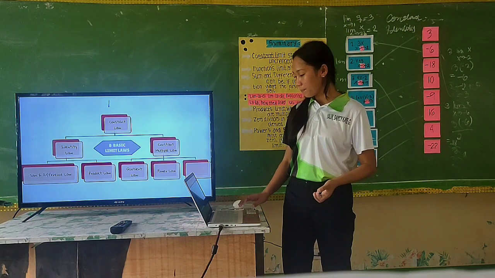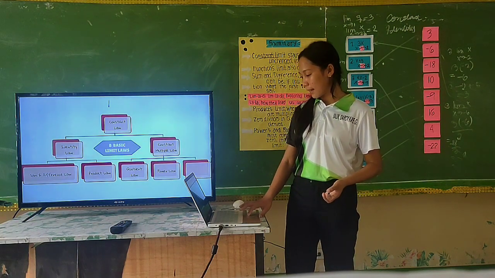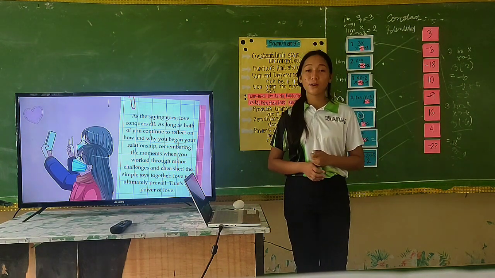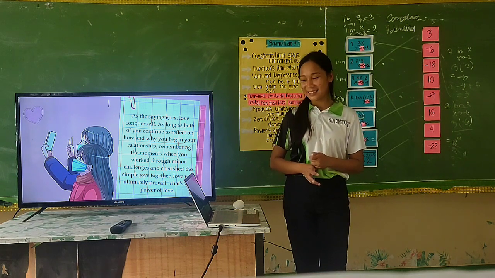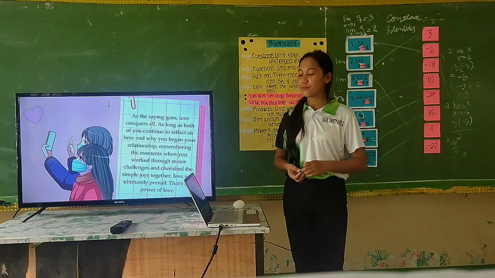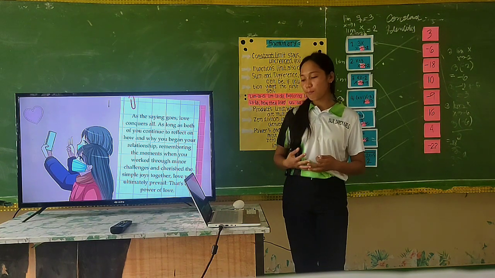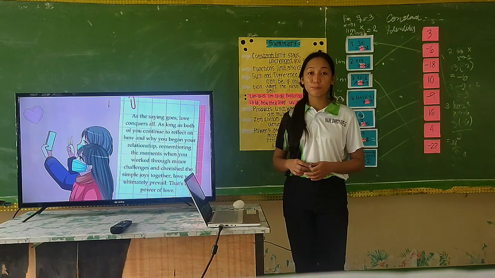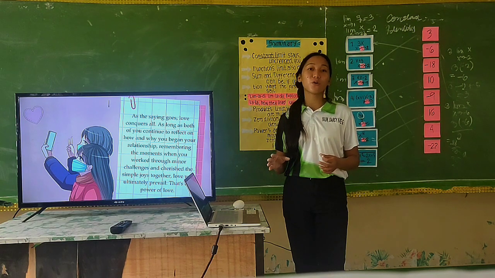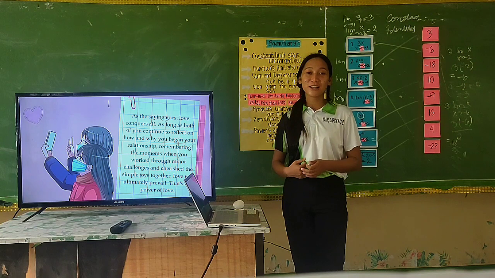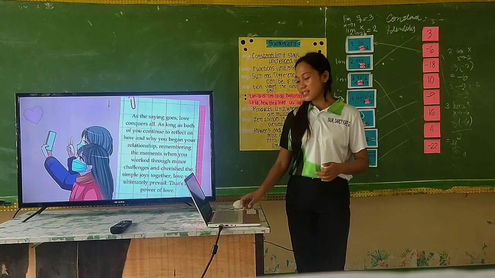So ganina na, nagkabuhay na si Bitcoin and Kai. How about in power law? As the saying goes, love conquers all. Wow, big word. As long as both of you continue to reflect on how and why you began your relationship, remembering the moments when you worked through minor challenges and cherish the simple joys together. So if you would like to remember some difference, love will ultimately prevail. So that's the power